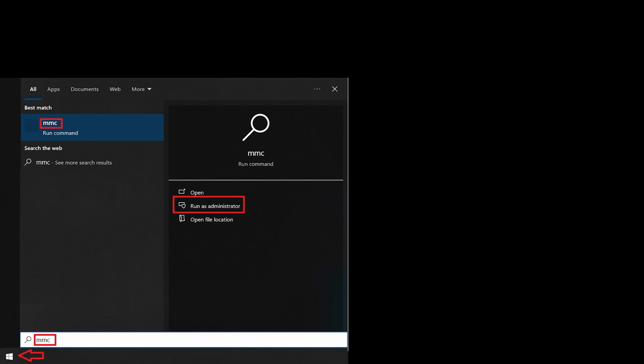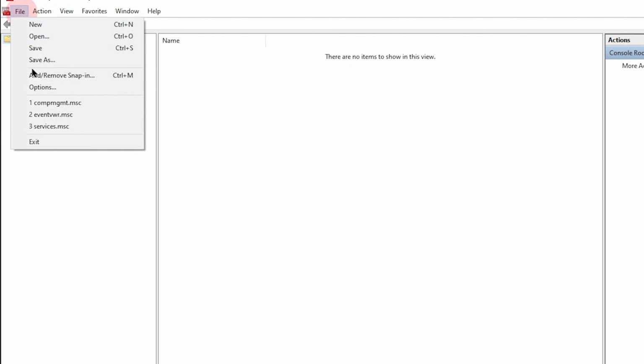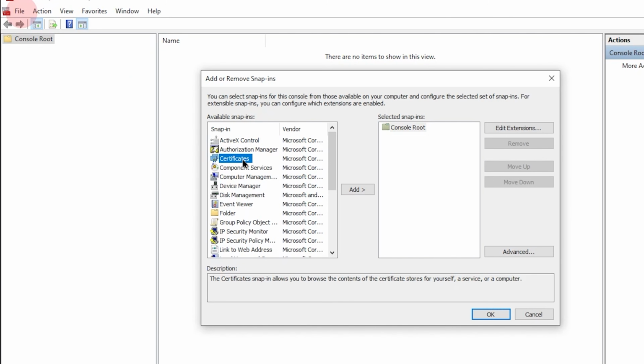I have one last thing to show you here while we're talking about certificates. It's the list of trusted root CAs in Windows. So what we're going to do is we're going to go to Start and then start typing MMC and then click MMC. This is the Microsoft Management Console. So it's going to ask you, do you want to allow this app to make changes to your device? And just click Yes. So now we're going to click on File and Add Remove Snap-in, click on Certificates, and